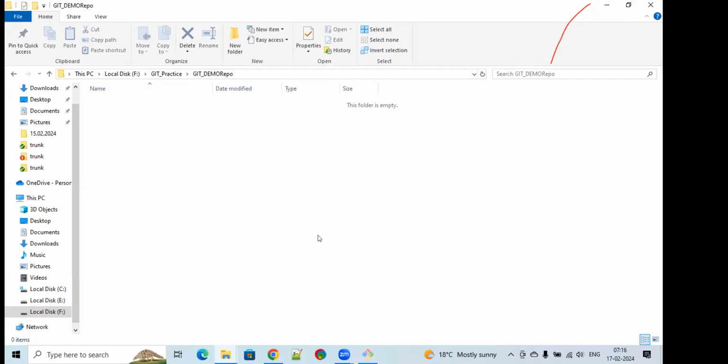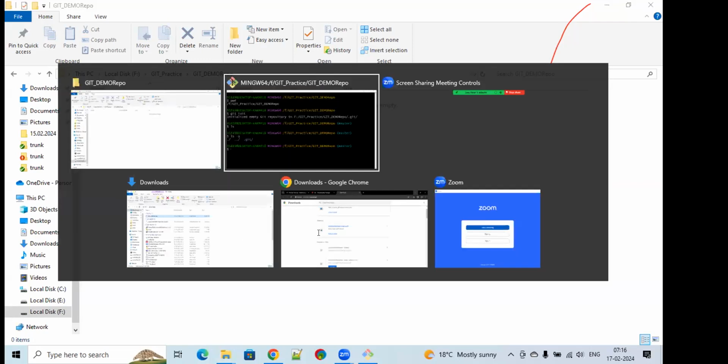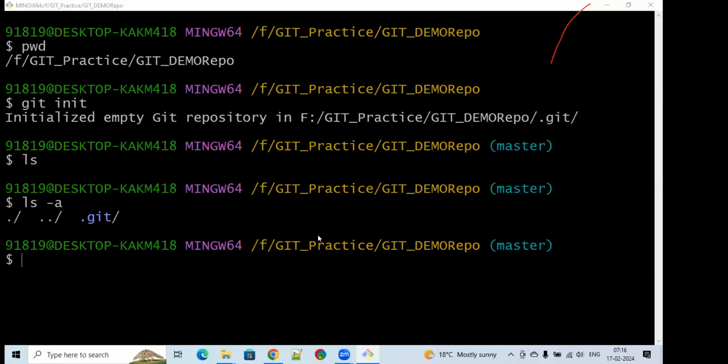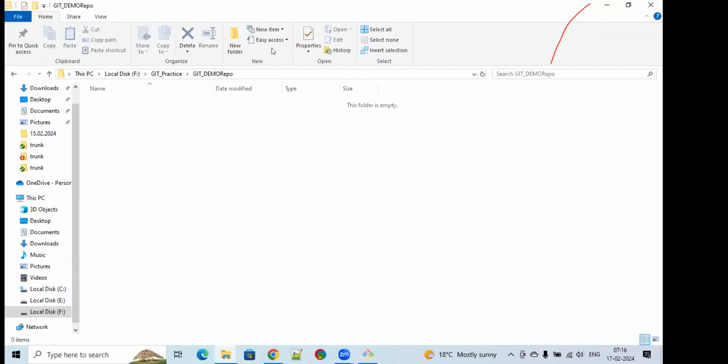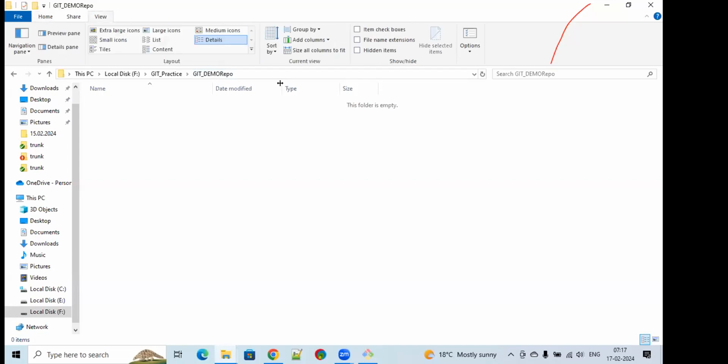If you want to see it, you have to enable hidden folders. Go to view at the top. Here, hidden items. Just check this. See, now we are able to see this .git. Okay. So now